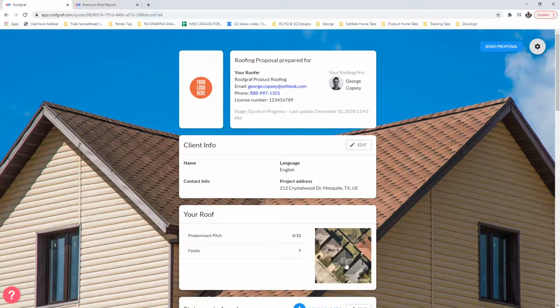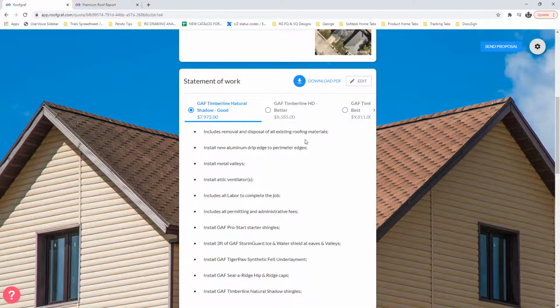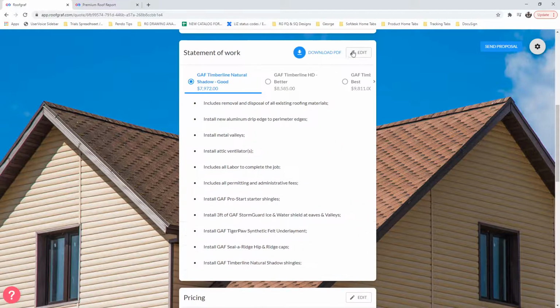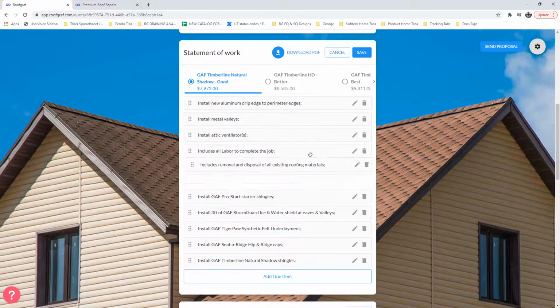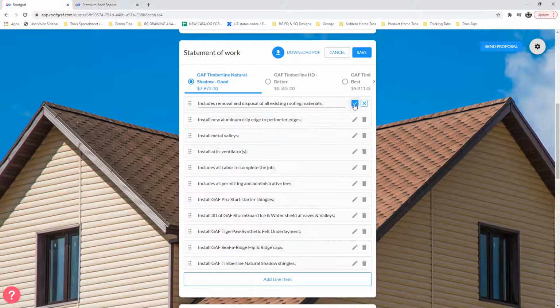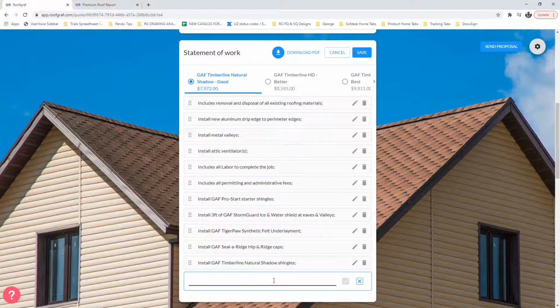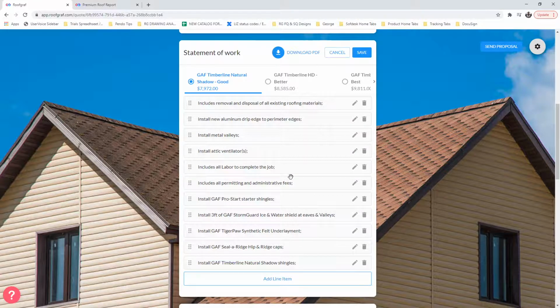And then you arrive here at your quote. So you now have a good, better, best proposal for the customer. Each option has its price and, obviously, the statement of work that we've pulled from the template. Again, these details can be adjusted either with drag and drop or by editing, deleting things that perhaps aren't relevant, or even adding brand new line items